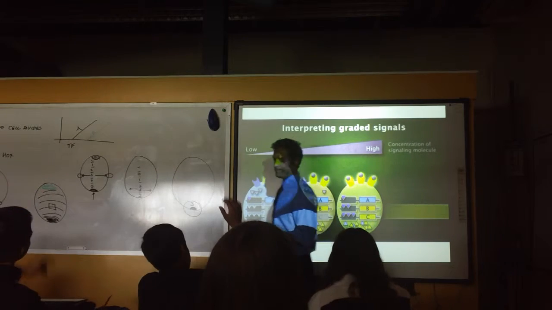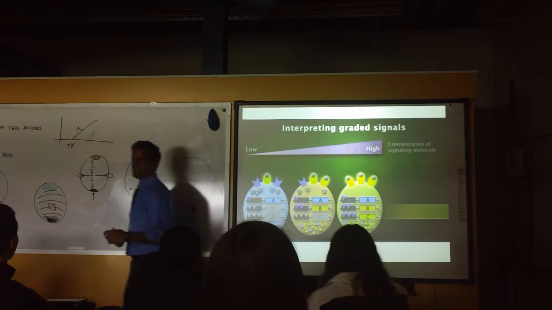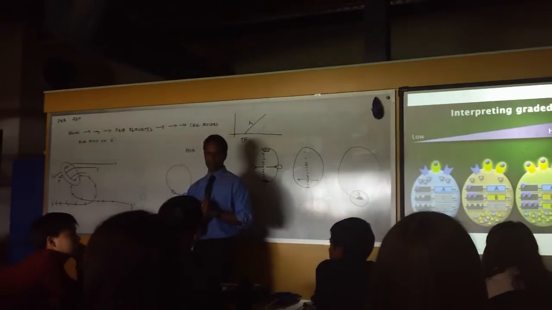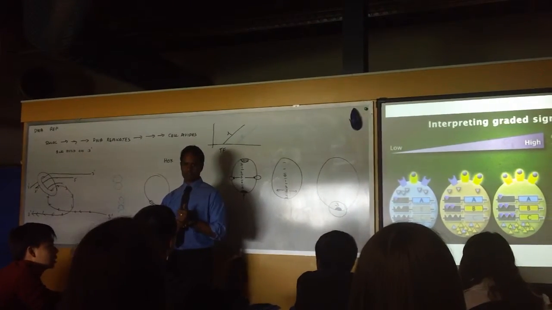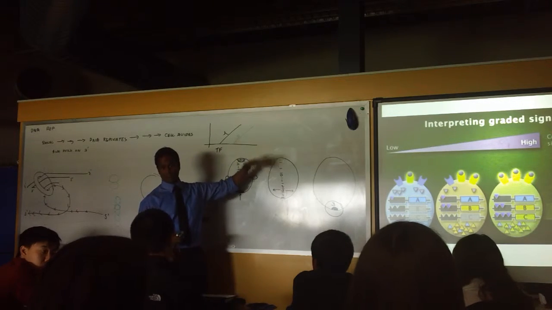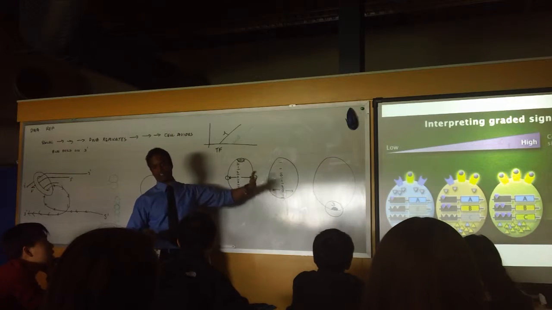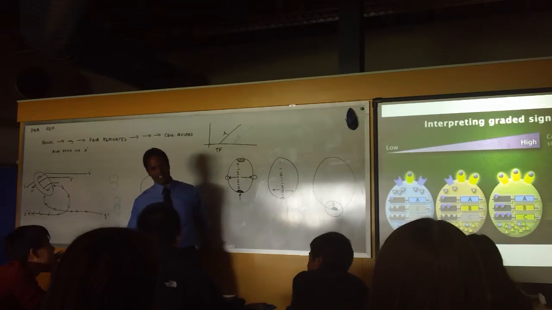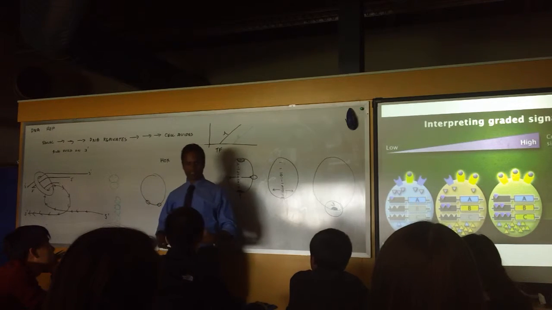Does this apply to only your head? There are examples of this all over your body. Does this apply to your whole body? So yeah, the original signals are dorsal and ventral. They make the back of your body, the dorsal part, and the front of your body, the ventral part.